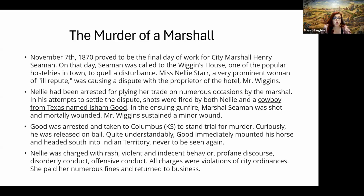But Nellie Starr, and we don't know if that was her real name or if she just assumed the name Starr because Henry Starr was a quite well known and notorious outlaw in the area. Many of these ladies of ill repute did take on assumed names. But she was having a drink at the Wiggins house, and the Wiggins house later became the Springs Hotel. But she had been arrested many times by the marshal, and so